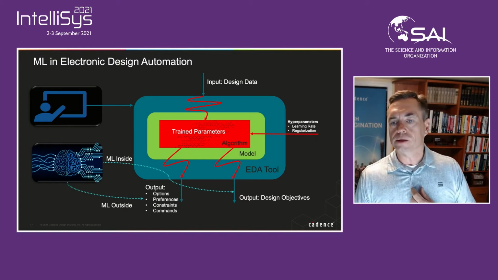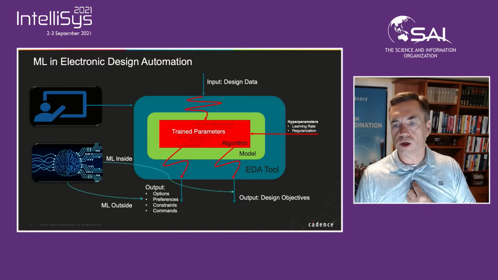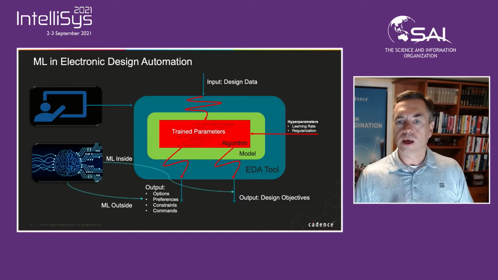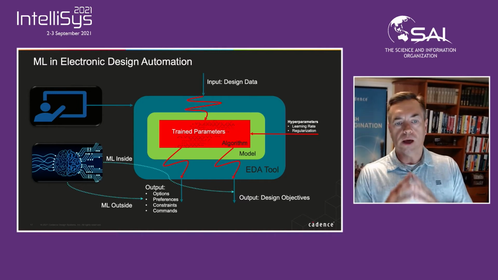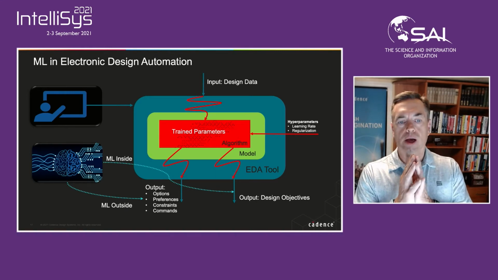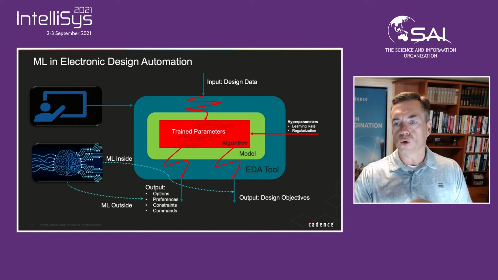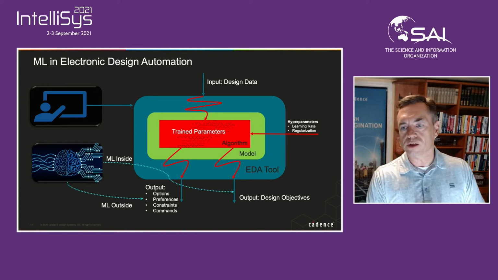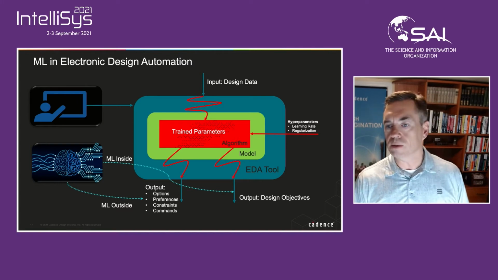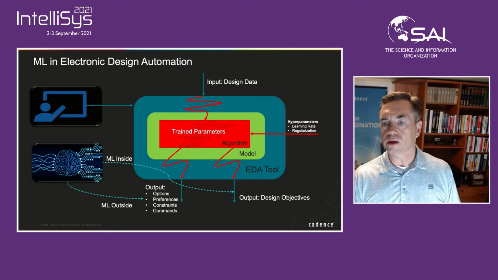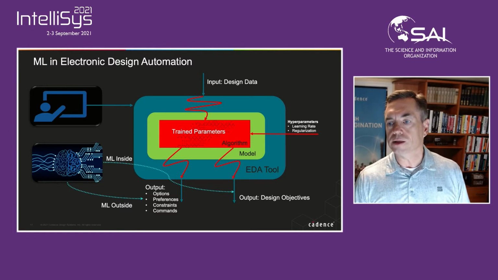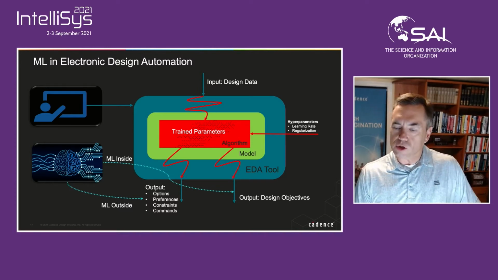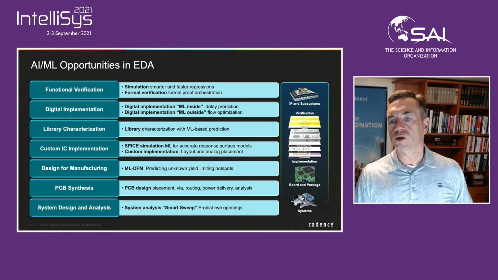And then there is this process we refer to as machine learning outside, which is in a sense capturing the experience and the knowledge and the ideas which a designer puts into operating the tool. So here we are looking at tool options, preferences, constraints, and I'll give examples of all of this in the remaining 10 minutes here of how EDA is dealing with that. So that's the ML outside portion, in a sense capturing and learning from the experience of a designer how to